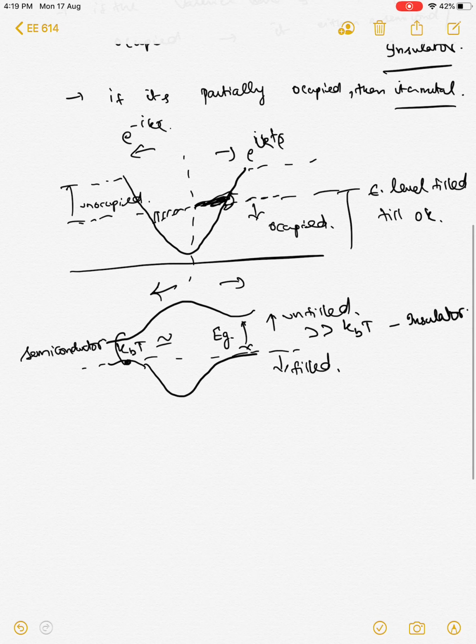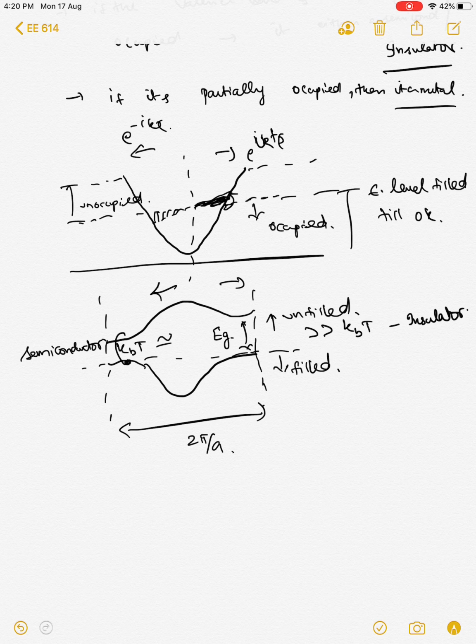But still, we have been a little bit heuristic when we said that the last band is completely filled and the last band is empty and so forth, right? So let us go back to this picture, which is pretty nice in the sense that this is the zone boundary, and between the zone boundaries we have the length of 2π/a. We are still in one dimension, and we said that each point in this line can take 2 electrons.